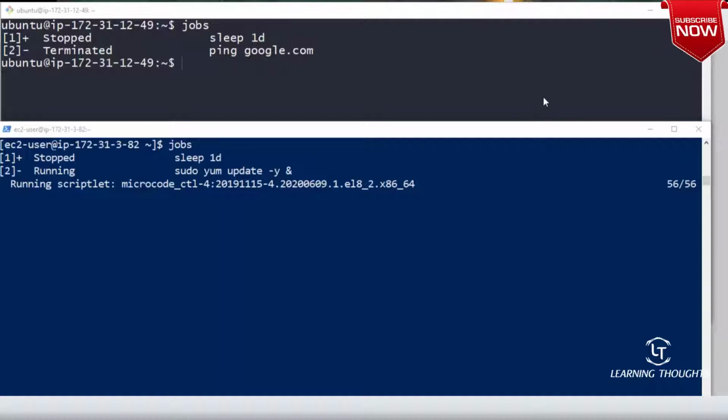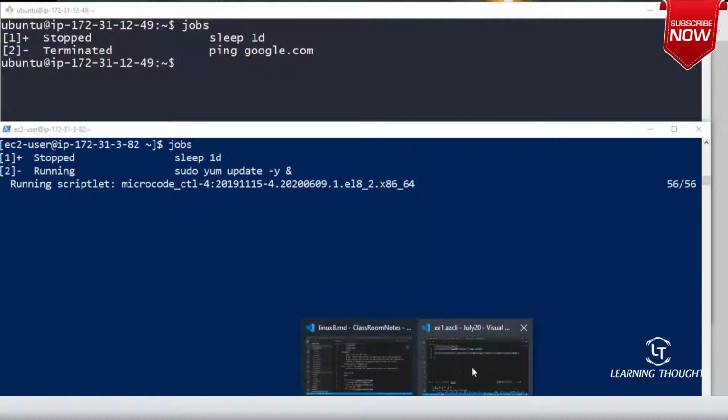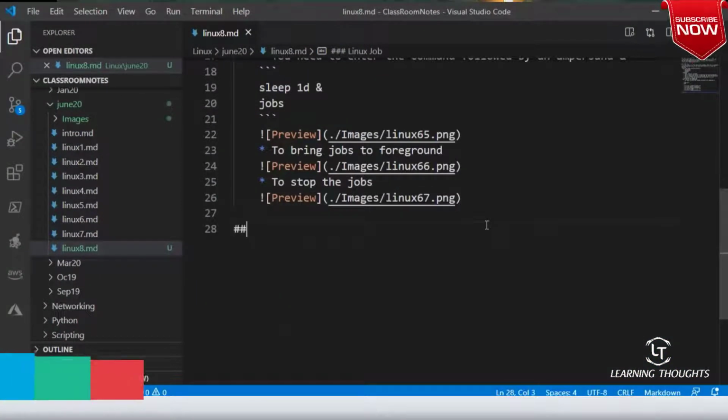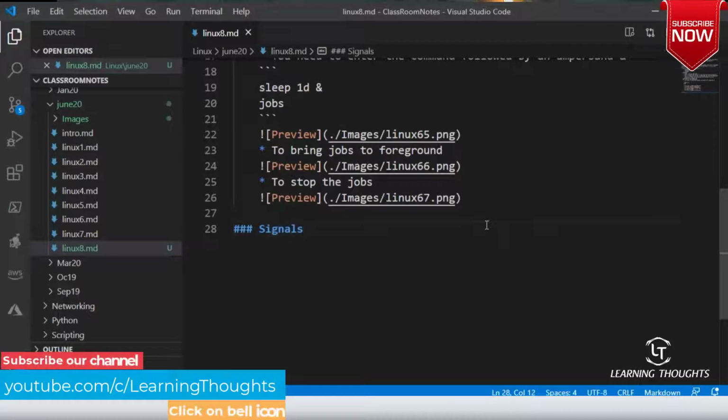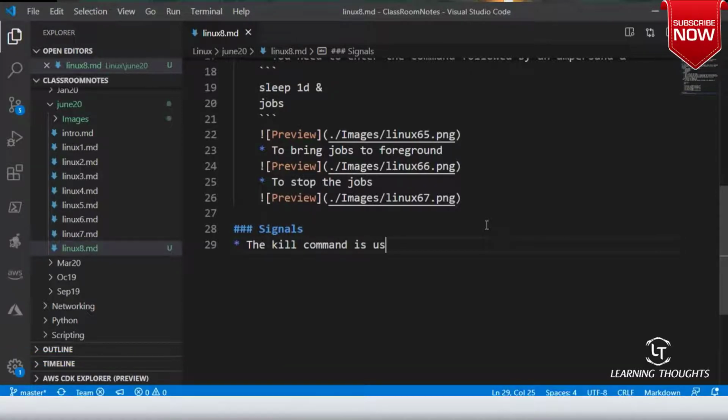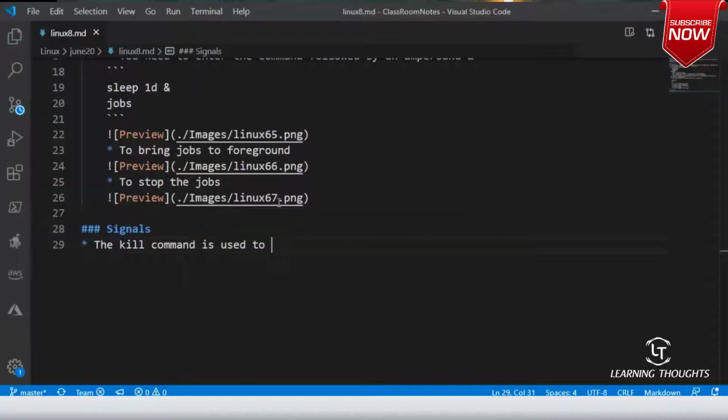Now let us speak about signals. What are they? The kill command is used to kill a process. If you remember, while I was running that ping command, to stop that ping command, I used kill.